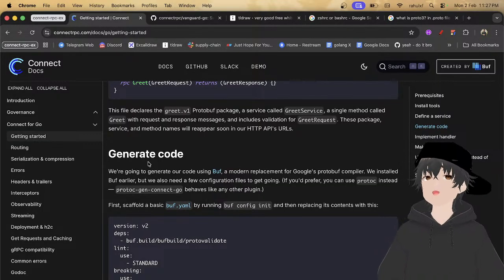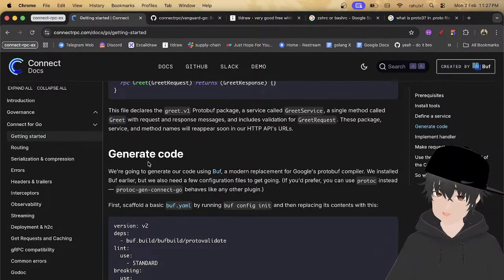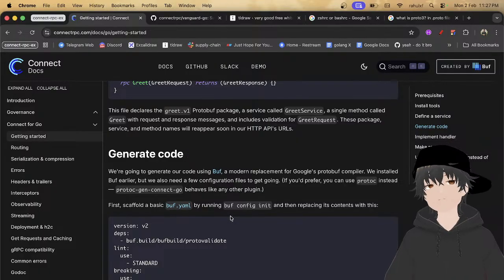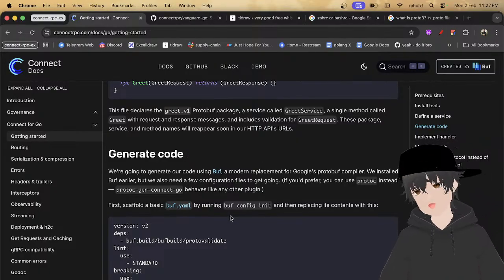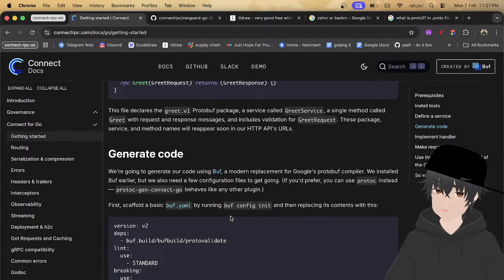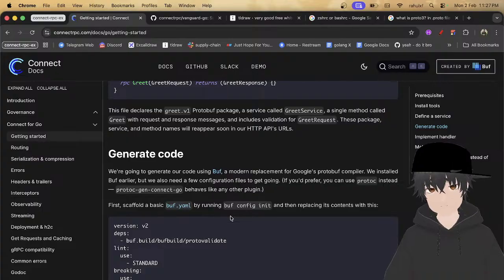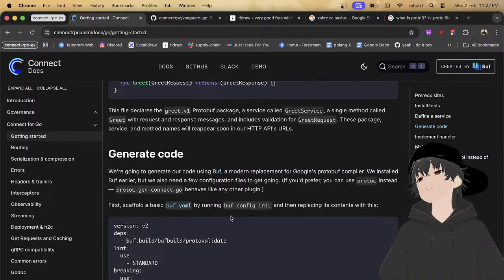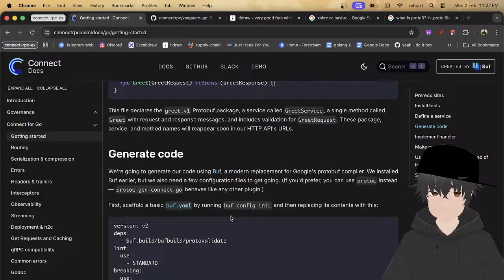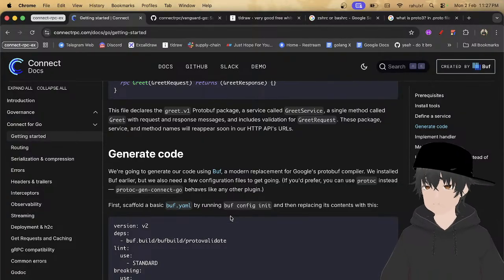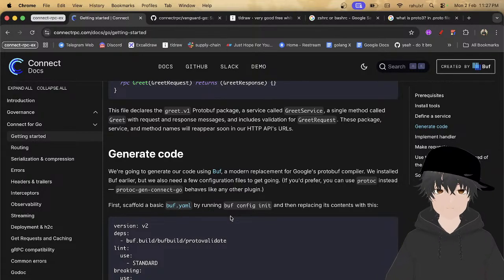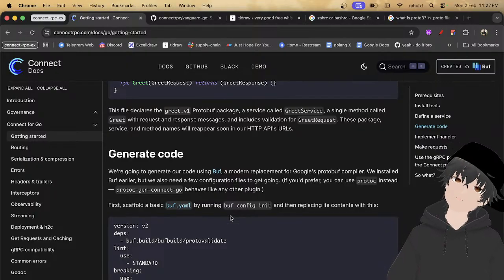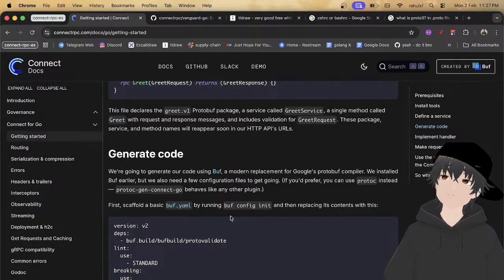So here we are going to generate our code using Buf, created by the company Buf. It is a modern replacement for Google's protoc, the Protobuf compiler. The protoc command is very lengthy to generate the code.